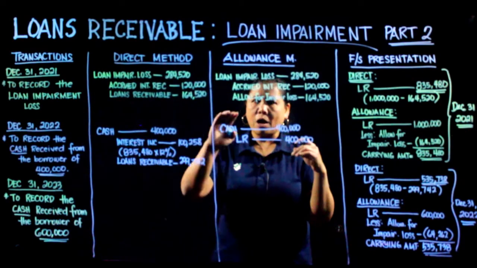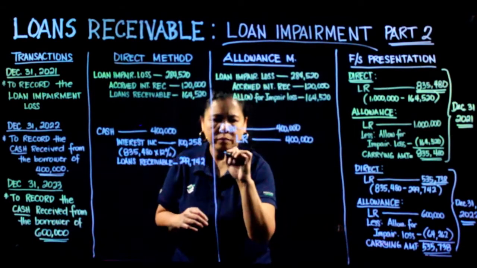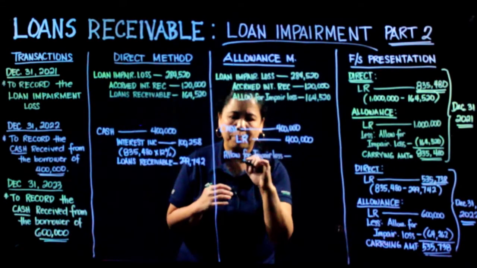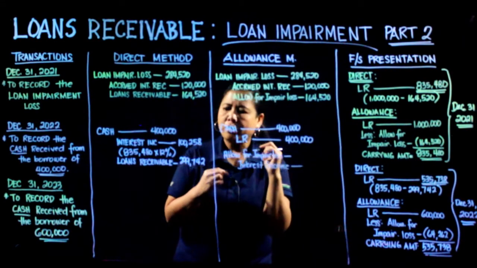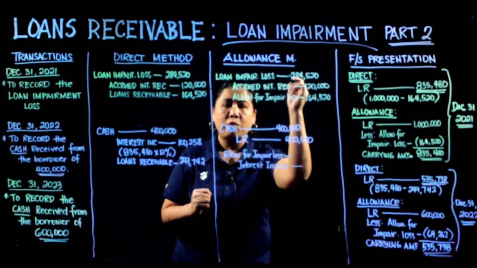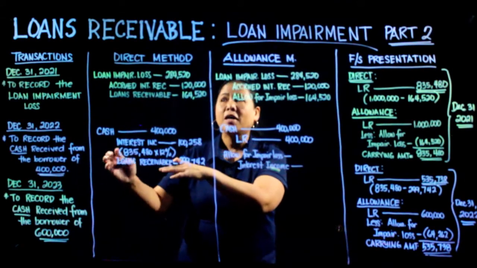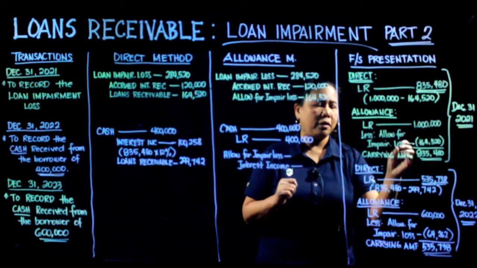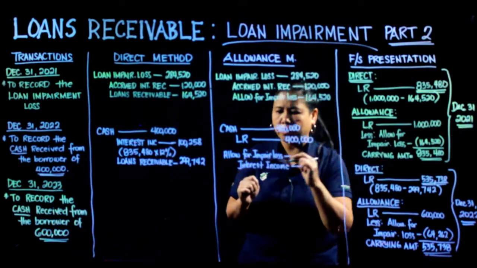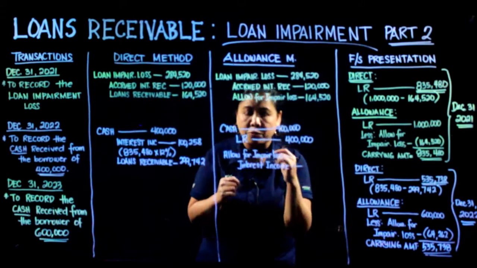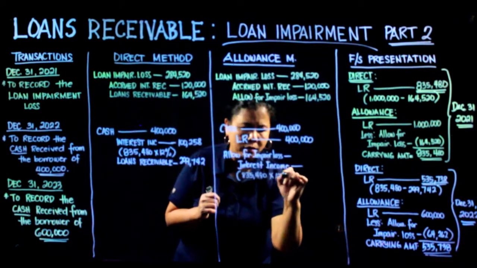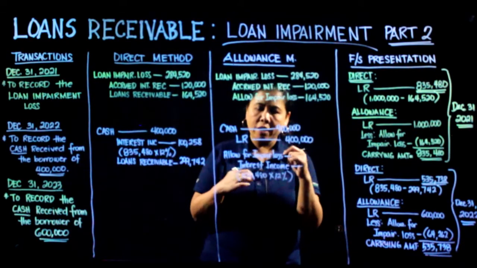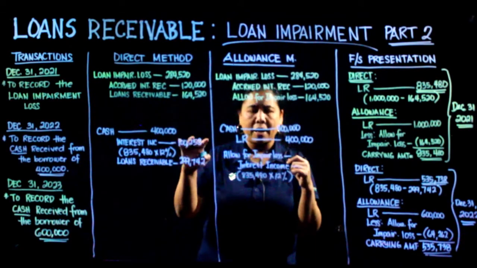So, we debit our allowance for impairment loss and we credit our interest income. So, paano natin kina-calculate kapag allowance method? Parehas lang po yon sa direct method. So, kukunin natin yung carrying amount ng iyong loans receivable, which is 835,480, multiplied by the 12%. So, ang i-recognize nating income ay parehas lang sa